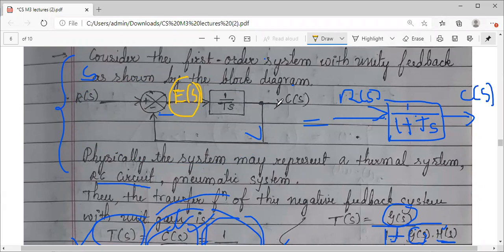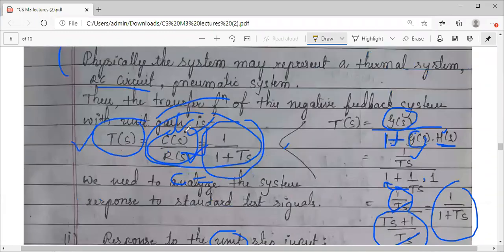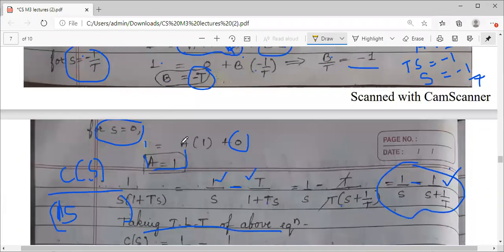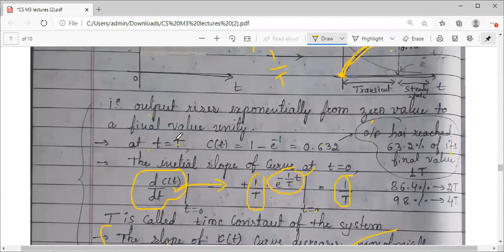It is the difference of जो भी आपका output आया है and जो input applied है. I had given one example of your car speed. If you want to attain 60 kilometers per hour, you have to go in steps. If you have achieved 40 kilometers, then reference input is 60 kilometers, so you'll take the difference. 60 minus 40, still 20 to be achieved. So a little bit of readjustment in the speed, like that. So error signal is an important term. Kitna error system mein hai, that is important to know.